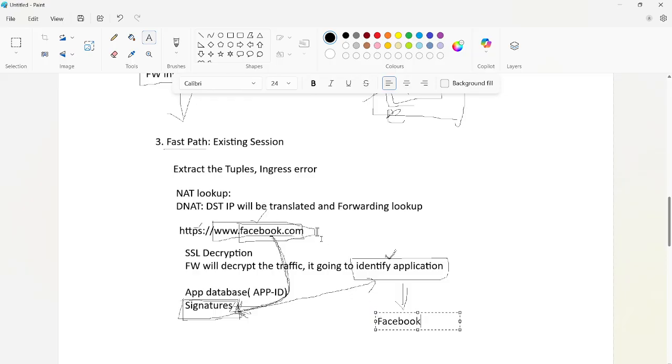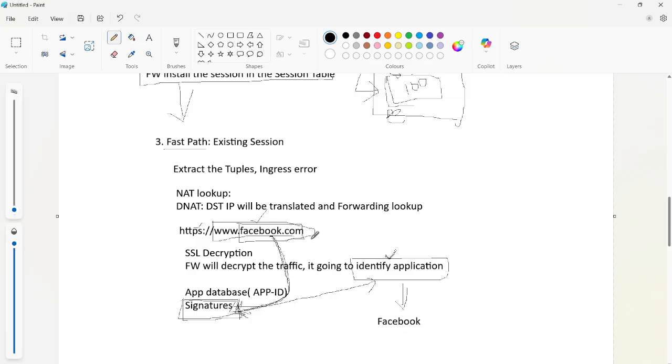By seeing this Facebook, we can know what type of application it is, but the firewall doesn't know what application the user is using. So how is the firewall going to identify it? It is going to identify it by matching the signatures. If the matching signature is available, the firewall is going to identify the application as a Facebook application.